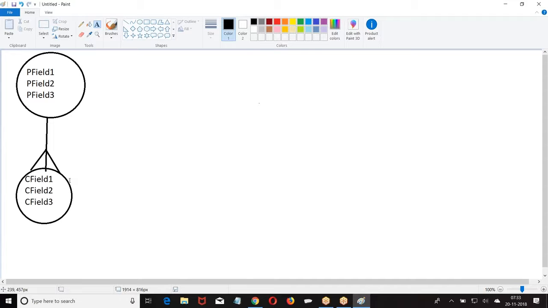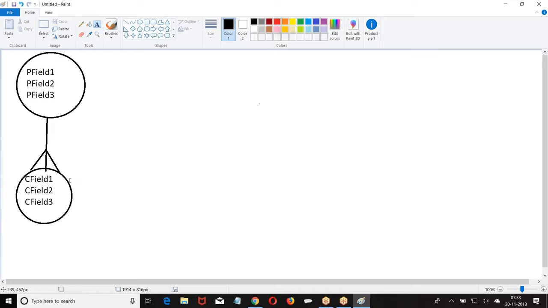Two objects are said to be connected only if there is a lookup or a master detail relation. If there is no lookup or master detail, I cannot connect these two objects. Am I right?